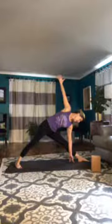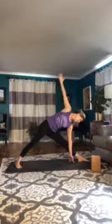Now to come out of this triangle pose, we're going to begin to bend our right knee and wind the arms all the way around into reverse warrior. So you may feel the need to adjust that back foot, bend the front knee toward the 90, let those left fingertips sink down the left leg, reach up and over, bend the front knee more,